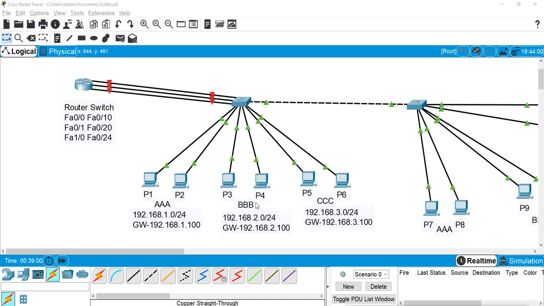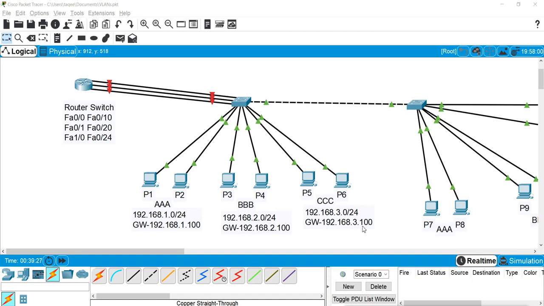Then for VLAN B I have used the network 192.168.2.0, and for this network I'm going to use the gateway 192.168.2.100, and I'm going to configure it on this port of the router, Fast Ethernet 0/1. Same for VLAN C, we have a network of 192.168.3.0, and the gateway we are going to use is 192.168.3.100.